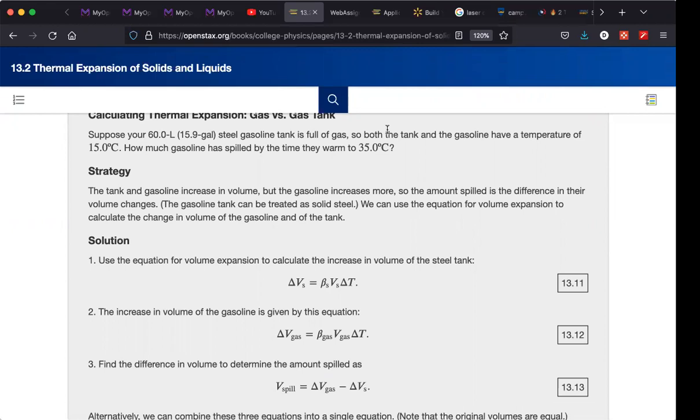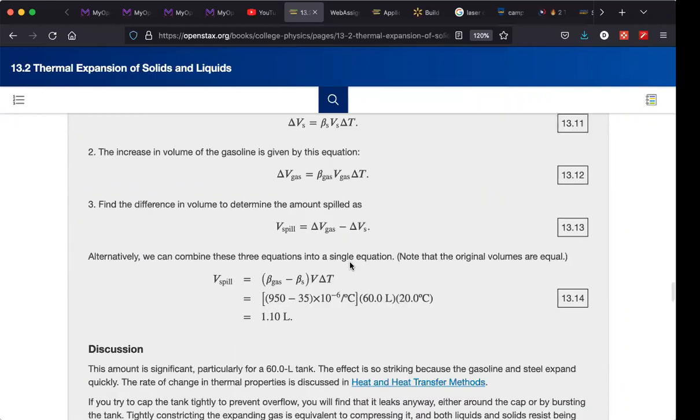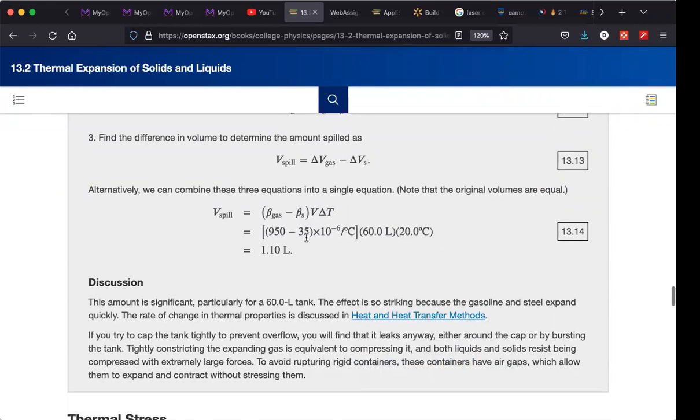So that's a change in volume. How much change in volume are we going to have in the gas? That's going to be the beta of the gas times the original volume of the gas times the change in temperature. And the spill will just be the difference between the original volume and the change in volume. And so you lose 1.1 liters. That's why you don't fill up your tank